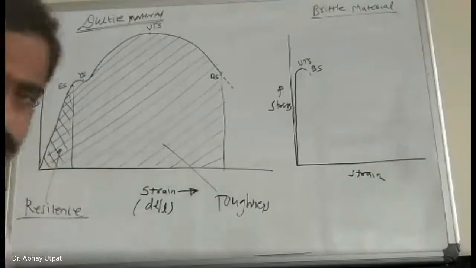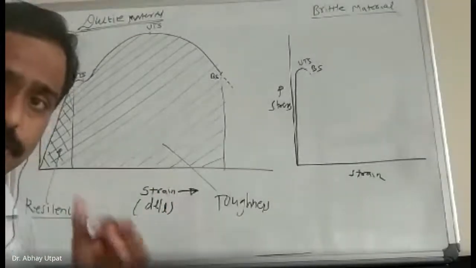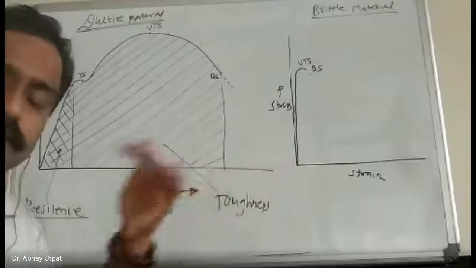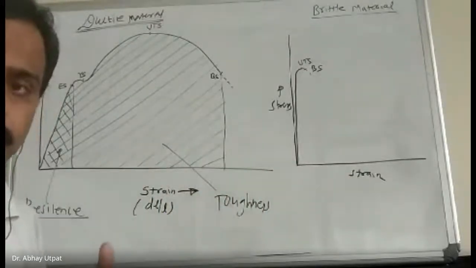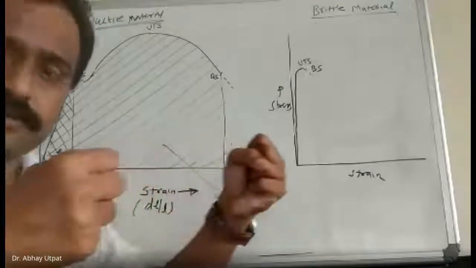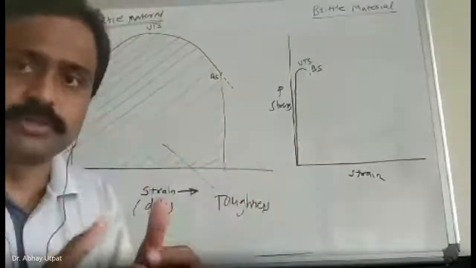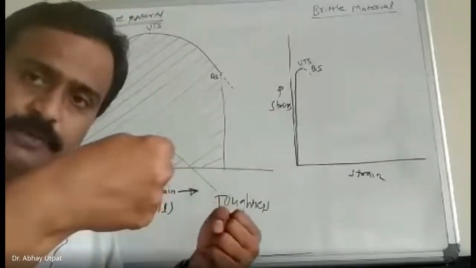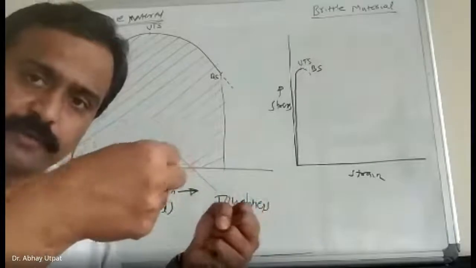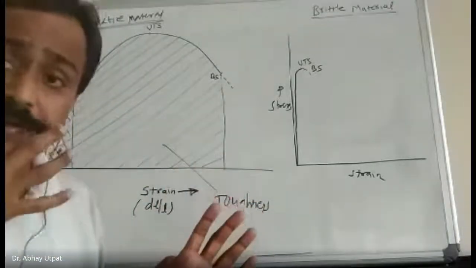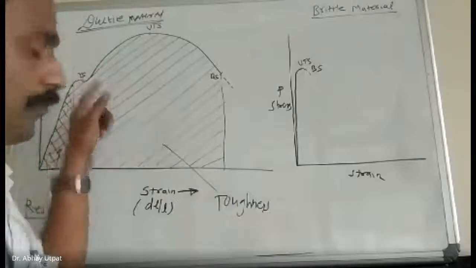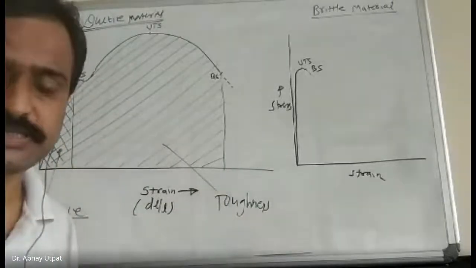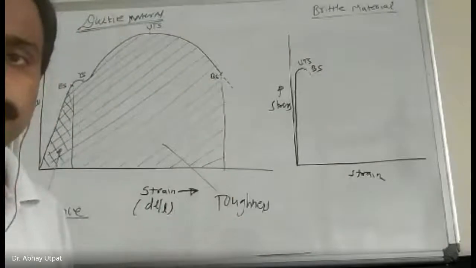What is elastic stress? The stress up to which a material can retain its original shape. Up to that, if you extend and then leave the load, it will recover completely. If you have taken 150 mm as a gauge length, and you go up to elastic stress and leave, it will become 150 once again. But beyond it, it will go to yield stress: the stress value at which the material shows appreciable plastic deformation.